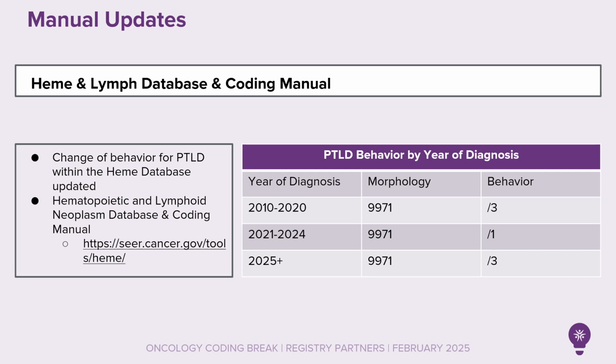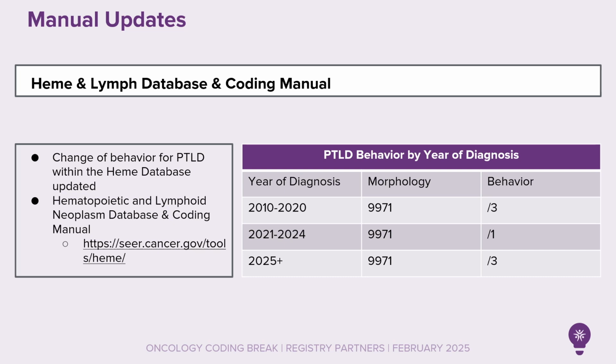The Heme and Lymph database has been updated to incorporate the change of behavior of PTLD, post-transplant lymphoproliferative disorder. And again, PTLD was previously reported as 9971 behavior 3 for 2010 to 2020 when it was the only diagnosis. Now in 2021, based on the 4th edition of the WHO